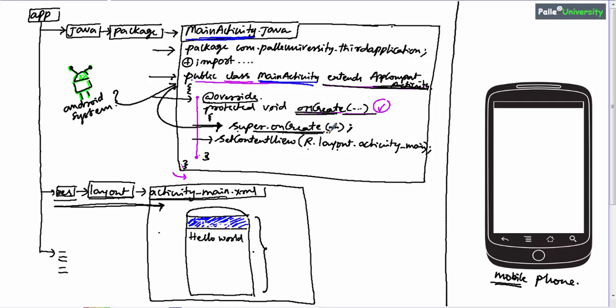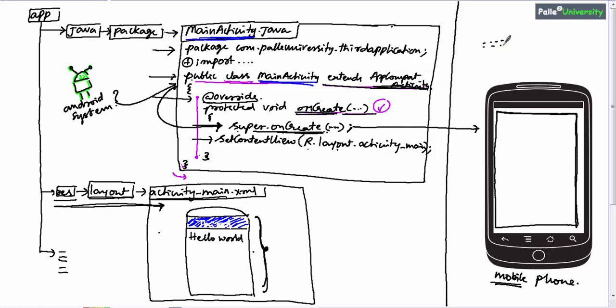But in common man's terms, in case you are not an object oriented programming language expert, the meaning of super.onCreate is this statement will basically go to your phone and it will create one empty container. You may be wondering, what is the purpose of this empty container? Because before loading the screen onto the phone, there should be one empty window or empty container which can hold your screen. It is something like this.